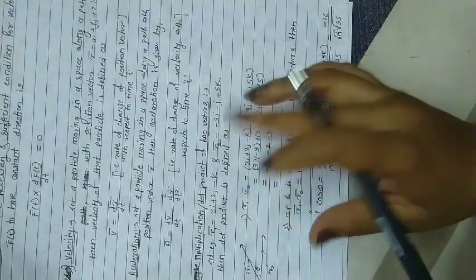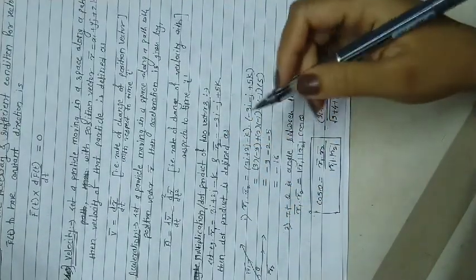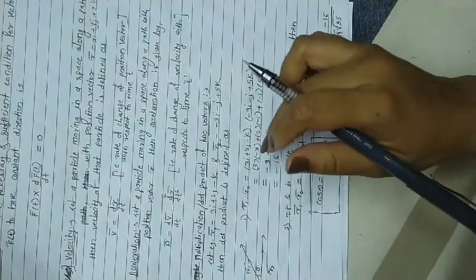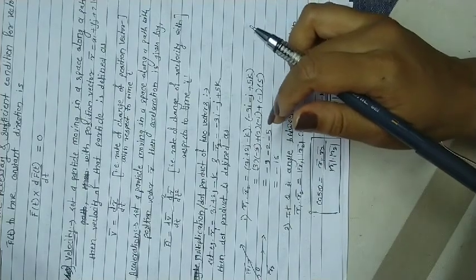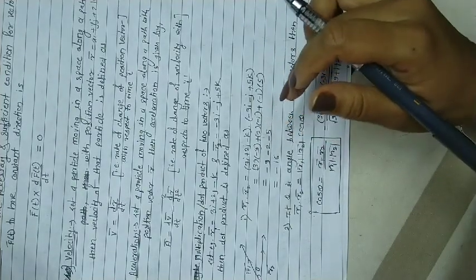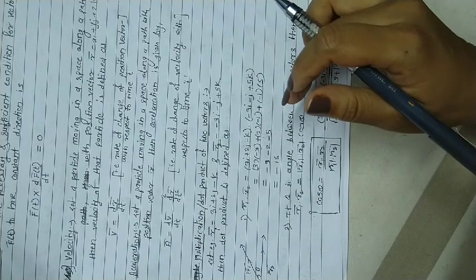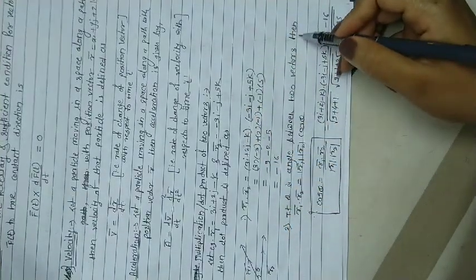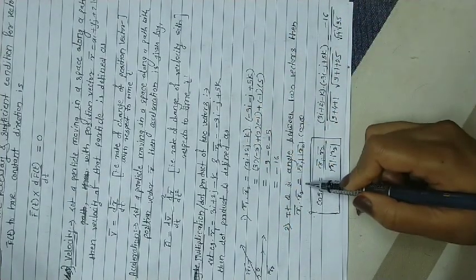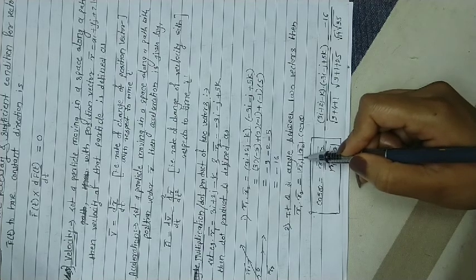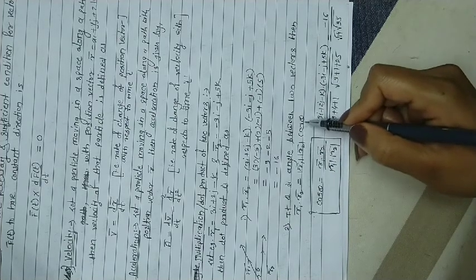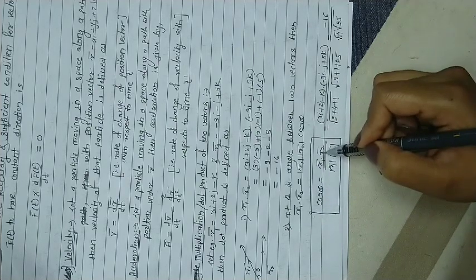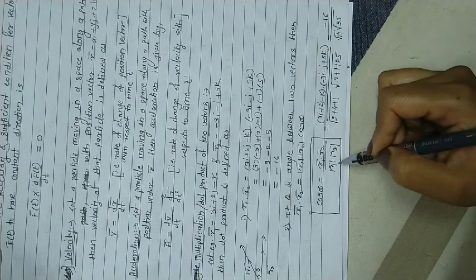And if r1 and r2 are not given, and in some example we have to calculate theta, the angle between these two vectors, then we need another definition of the dot product. Suppose theta is the angle between these two vectors. Then r1 dot r2 is defined as the magnitude of r1 bar into the magnitude of r2 bar into cos of the angle between these two vectors. Therefore cos theta is r1 dot r2 bar divided by the product of the magnitudes.